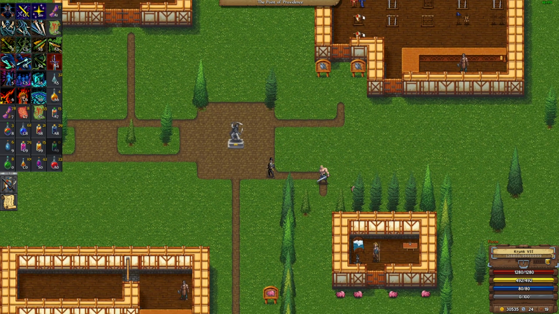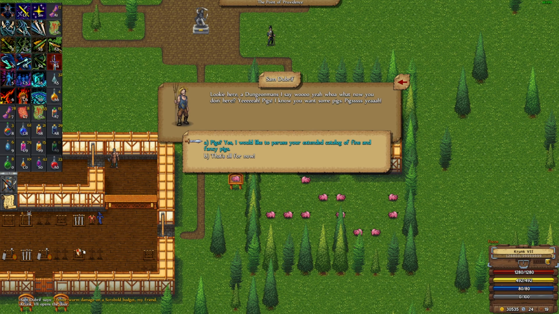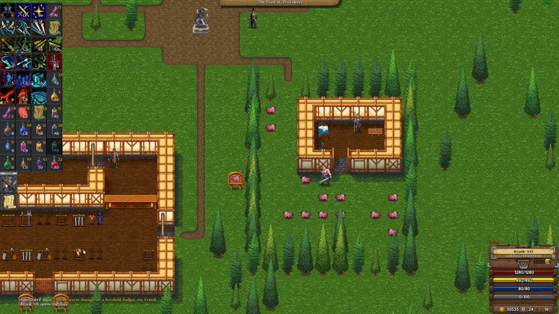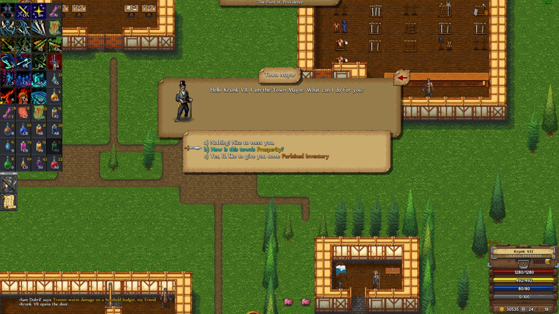Ooh, there's a piggy. There's a piggy here. So this is something that I haven't done yet, but apparently I can buy flavorful pre-baconized bacon and hogs of misdirection. That is very interesting. Also, apparently, I wonder if I can give this town...